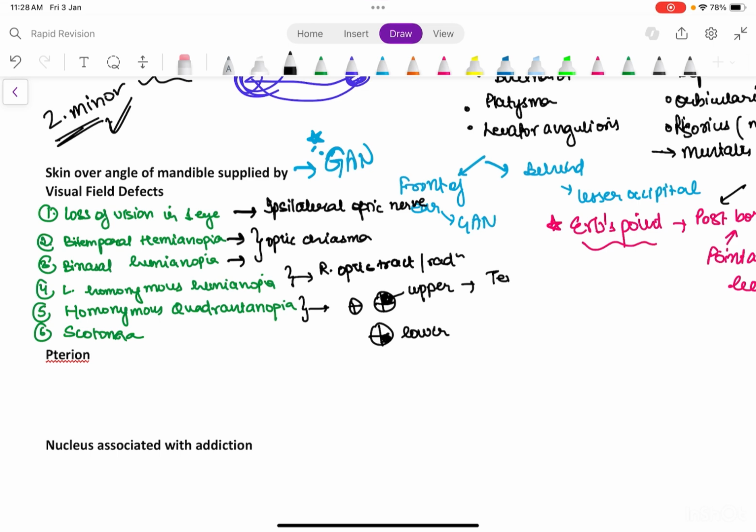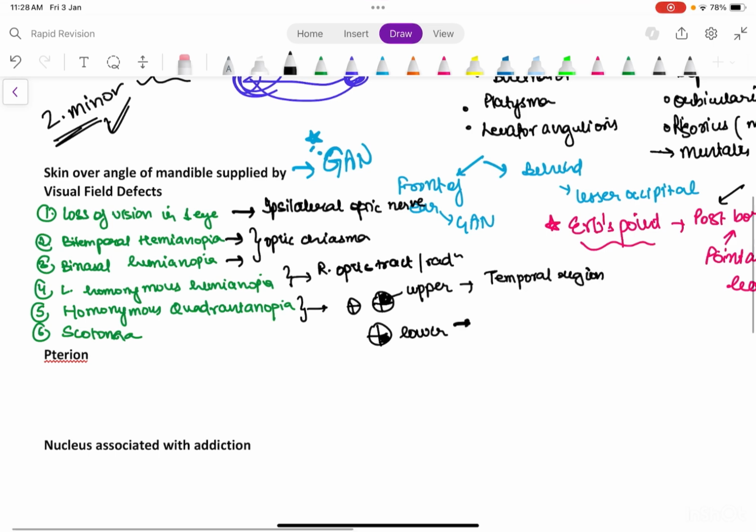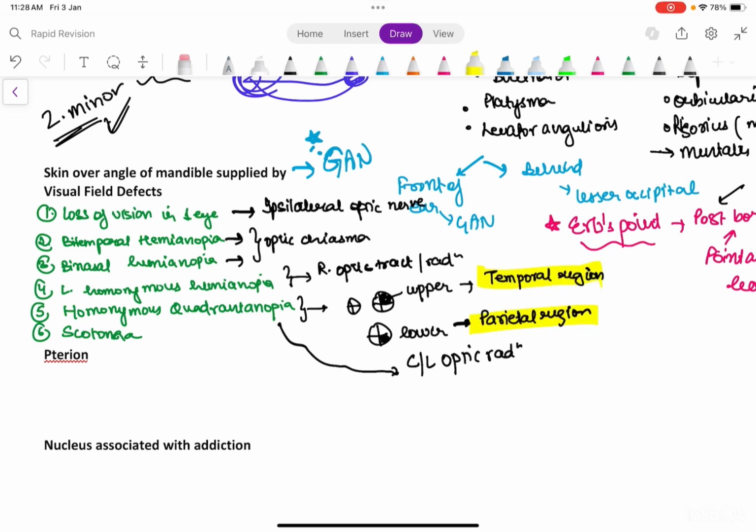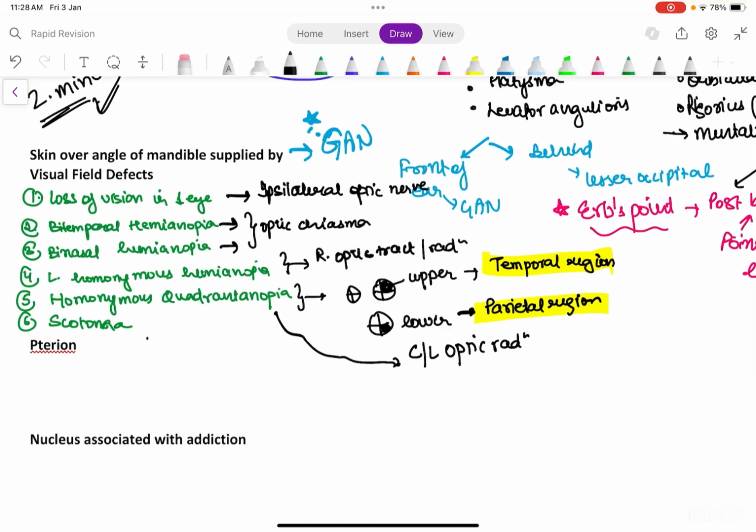If it is upper, it is related to the temporal region, and if it is lower, it is related to the parietal region. Now where is the defect? It is the defect in the contralateral optic radiation. All right, remember these also. Then scotoma. In scotoma you have to remember